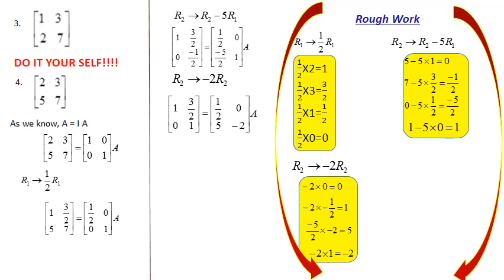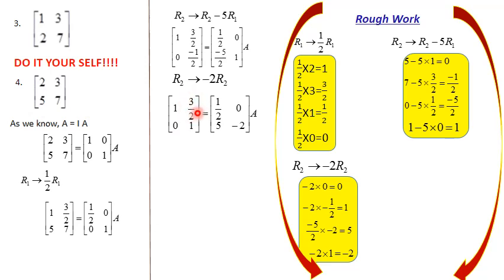Finally, we have to write 1, 3 by 2, 0, 1. First row remains same, 1 by 2, 0. Here 5, minus 2, from here we have to take. Now almost we are at the last stage of the question of finding the inverses. See here, 1 we made it, 0 we calculated. Finally we reached 1.